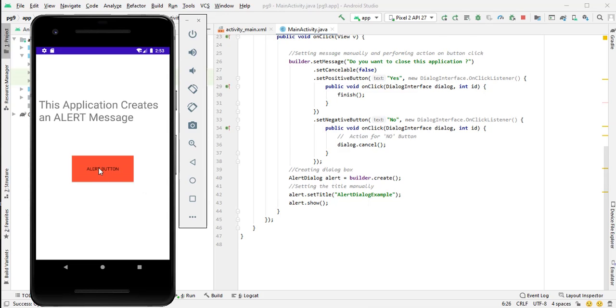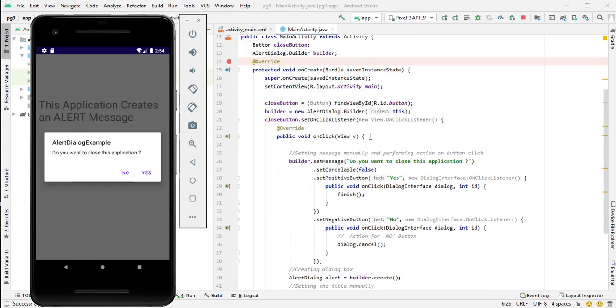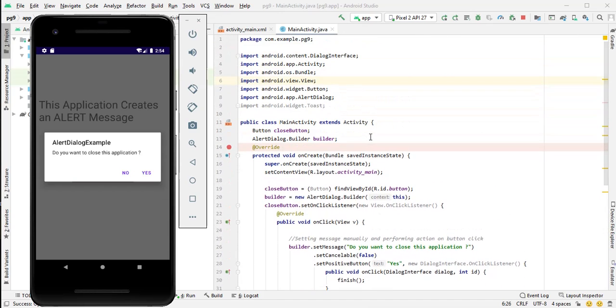When I click on this alert button, what is the title of this alert dialog box? "Alert Dialog Example". How to set this title? Just by calling the setTitle method on the alert object by passing the string parameter. After that, the show method is called on this alert object to display the alert dialog box. So in this way, you have to code the Java file of your Android application.